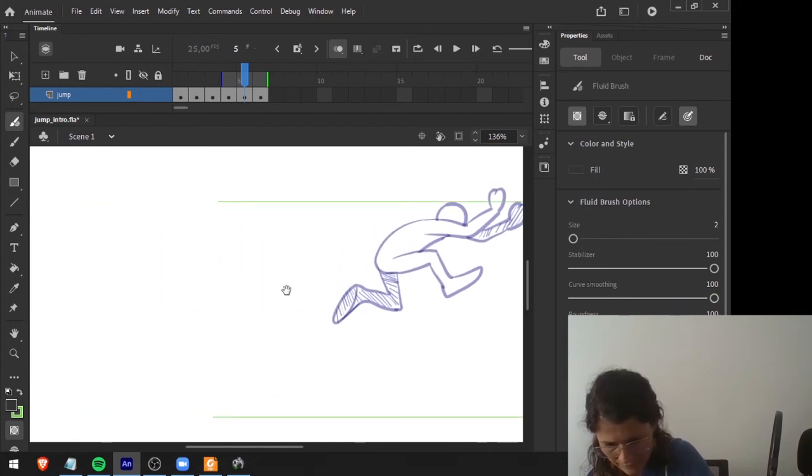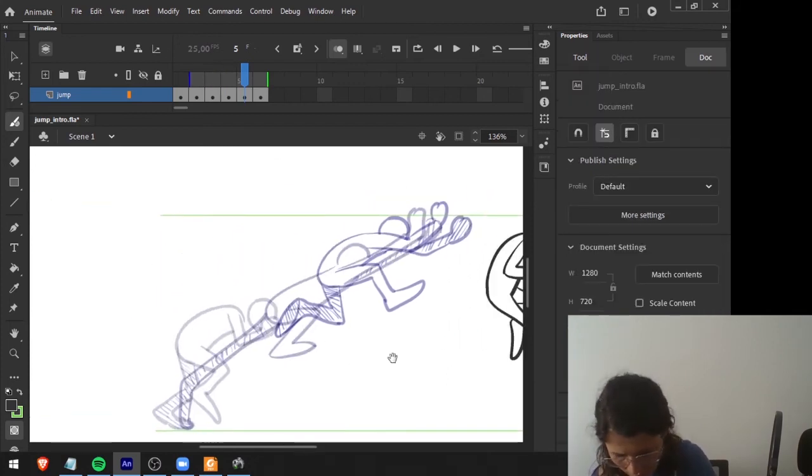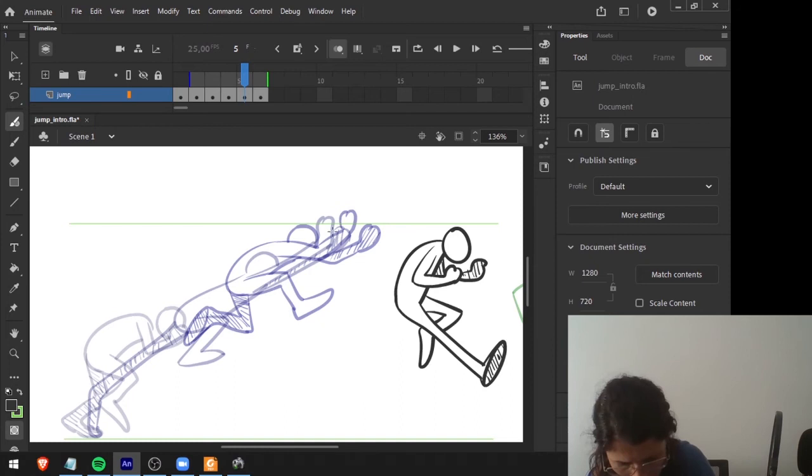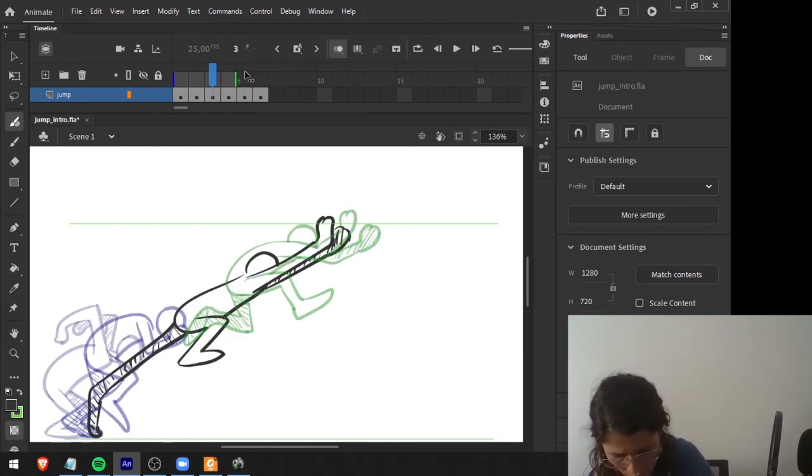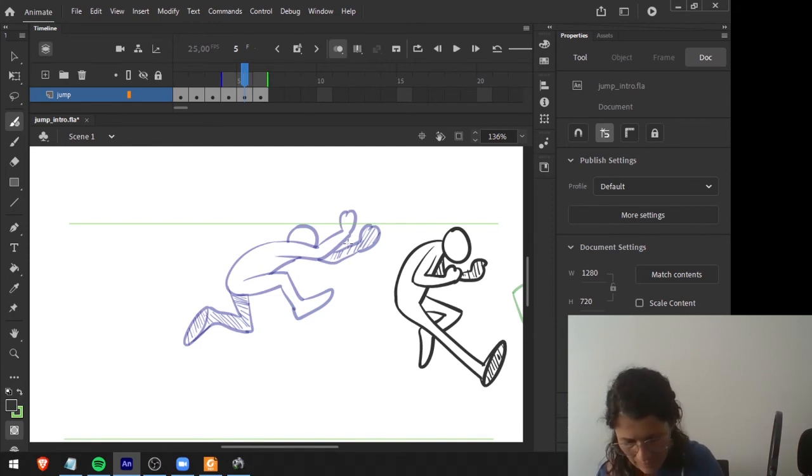So we have, let me just show you this. Here the arms are coincident, and here when they are stretched, they are also coincident. But here I start creating the same difference as I did with the legs. In this case, the right leg is coming further, the left leg is delayed, and you notice that I'm also delaying one of the arms, the opposite arm, so left leg, right arm.